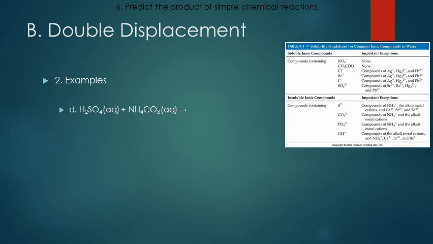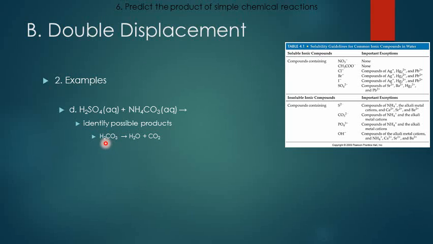One more example. We have hydrogen sulfate, or better known as sulfuric acid, reacting with ammonium carbonate. Again, we want to identify our possible products. You might think one of the possible products is H2CO3. That would be the hydrogen ion combining with the carbonate ion. However, whenever hydrogen carbonate, also known as carbonic acid,